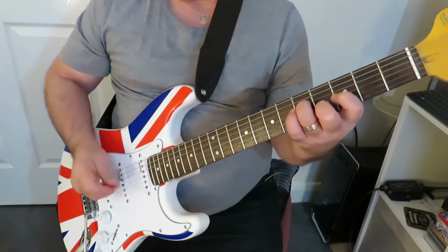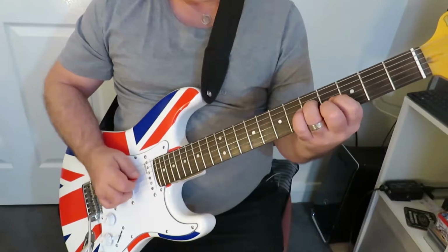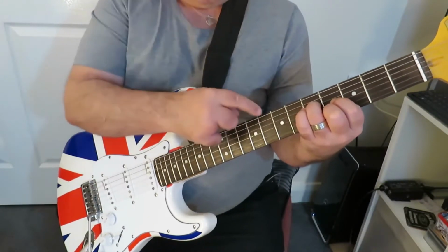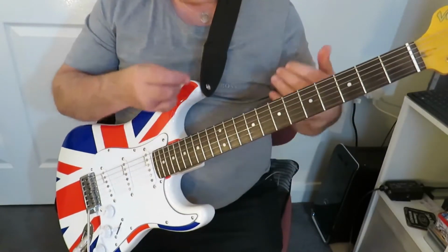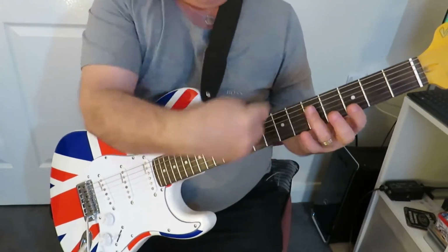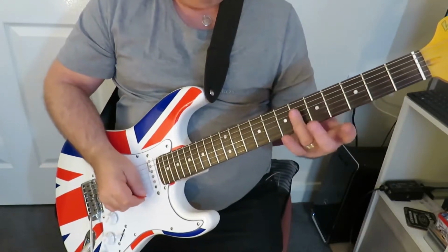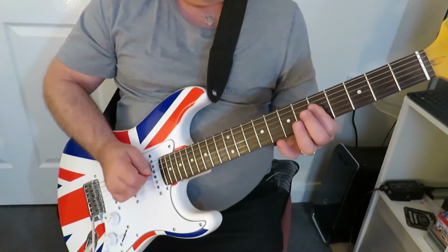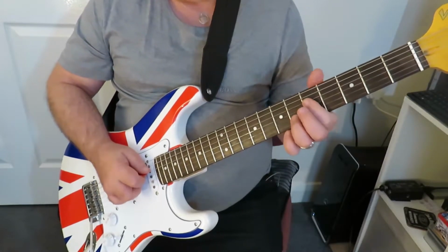If we move that index finger up 1 fret, we've got C minor major 7. Beautiful chord. So you can see that just by staying in this area here, we're not moving very far at all. We're just moving 1 or 2 frets to either side of this, and we've got C major triad, C sus4,